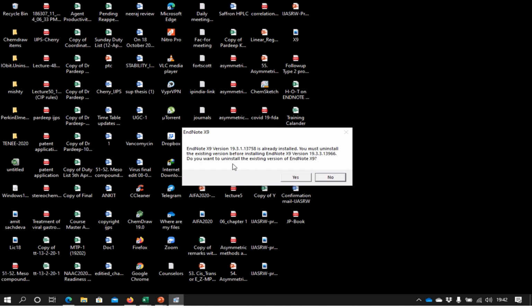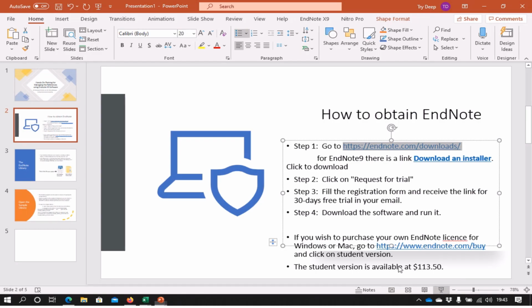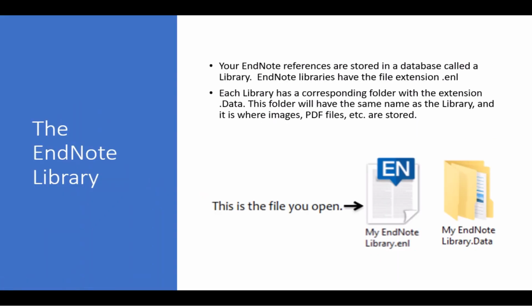For you, you can directly click on yes, and after that just select, meaning accept, the license agreement and click on the 30 days trial of that software. After installing the software, you have to click on Windows at the start point, and after that run this software. When you run it for the first time, it is going to ask you about the library. Because this one is freshly installed, you don't have any library.